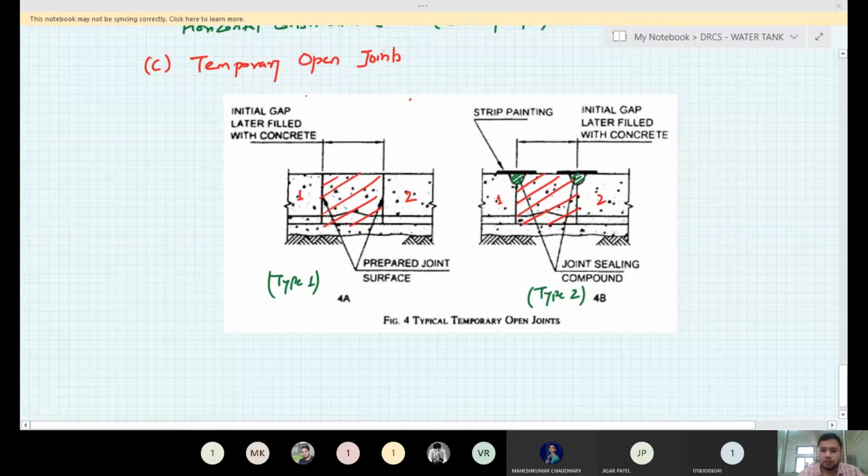In the previous course, you have studied limit state philosophy, and you arrived at the design parameters for the limit state philosophy. So this working stress philosophy will be new to you. We'll go through the derivation of all the design parameters used in the working stress philosophy. We'll also see how these parameters are analogous to limit state philosophy. Though the code allows limit state philosophy as well as working stress philosophy, we'll be using the working stress philosophy as far as the design of liquid retaining structures, or design of water tank, is concerned.